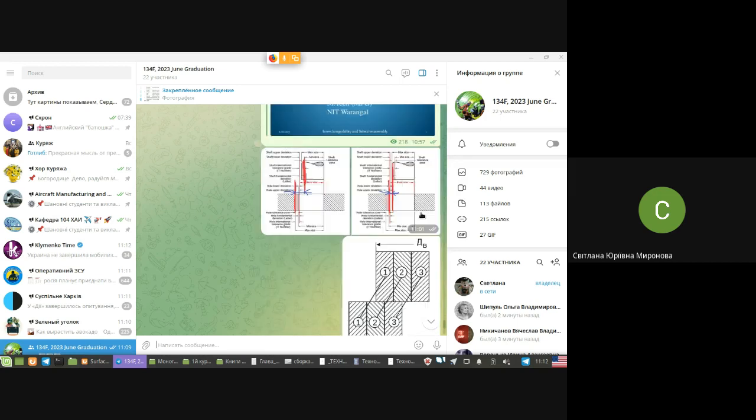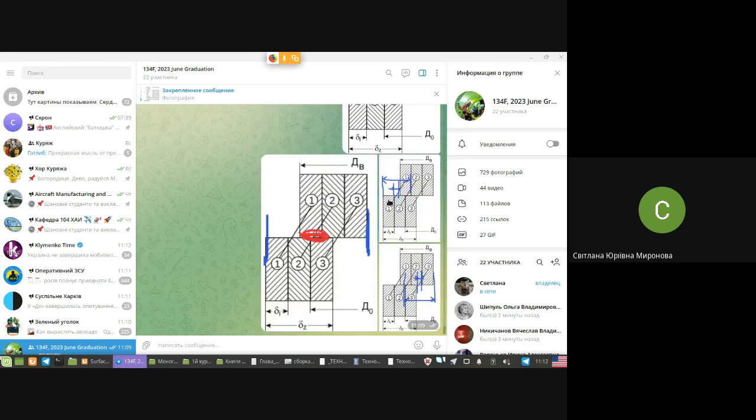When it comes to assembling with selected interchangeability, you do not increase accuracy of parts, but you are able to increase accuracy of assembling. Of course, it extends the period of assembling. Before you start assembling, you need to select parts into some subgroups. Of course, it extends a bit the lead time, the preparation time of assembling, because you also need to make some calculations to assess which groups you need, and so on. And of course, there are a bit increased expenses for tooling, because in this case, instead of a couple